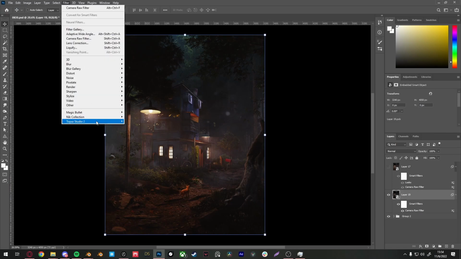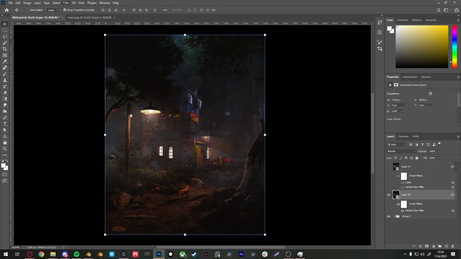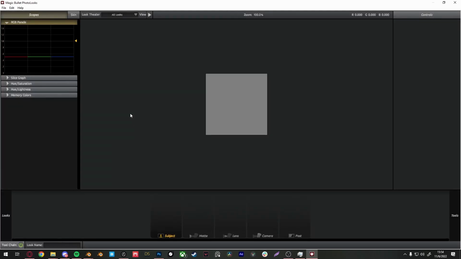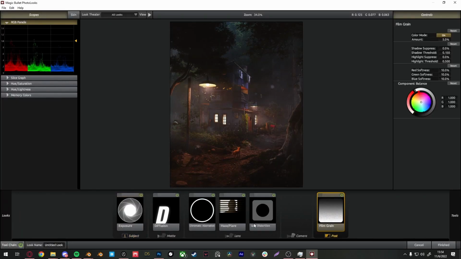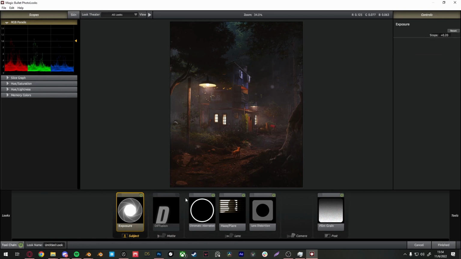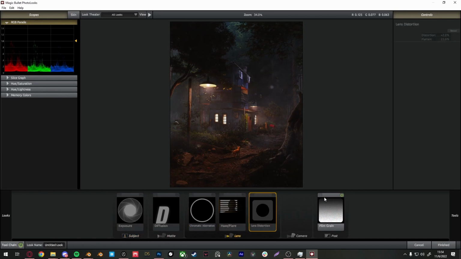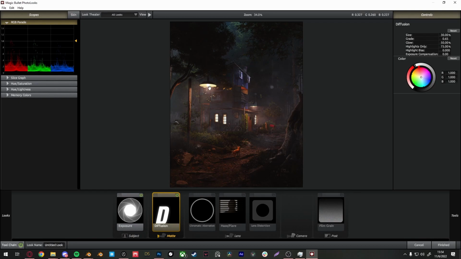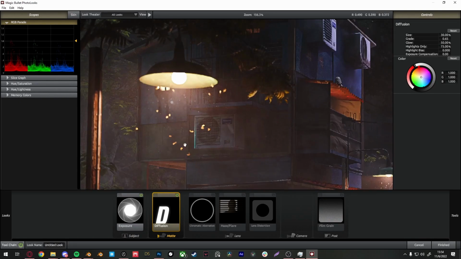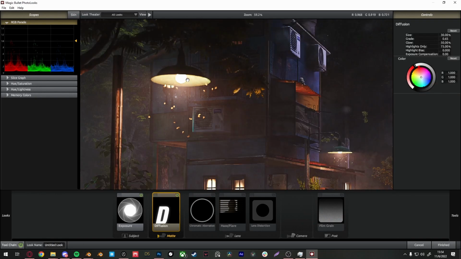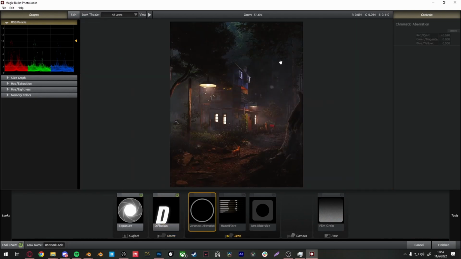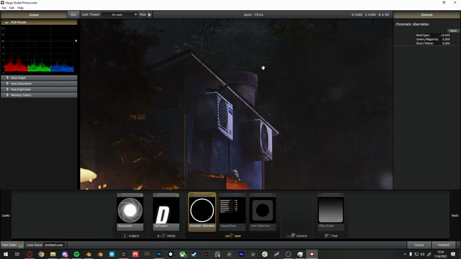And another thing I like to add is Magic Bullet Looks. In here, what I usually like to do is that I would turn these off. I would like to add some exposure in here, make it a little brighter. I will add some diffusion for the glowing parts over here. You can see it adds a little bit of that subtle glow. I didn't go too much overboard with it, and I also added chromatic aberration for